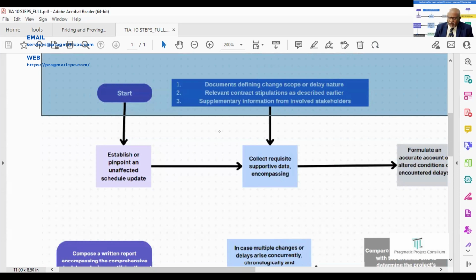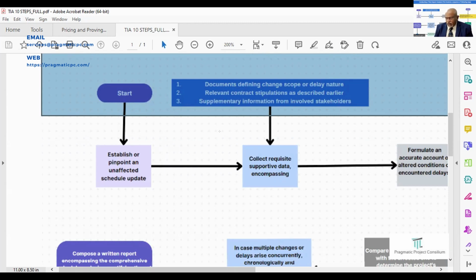And coming to the next one, relevant contract stipulations described earlier. Then the third one, further details contributed by the relevant stakeholders engaged in the project, who are involved from the very initial stage to the current stage, and the information involved from the stakeholders' inputs. So these are all the major inputs required for establishing the